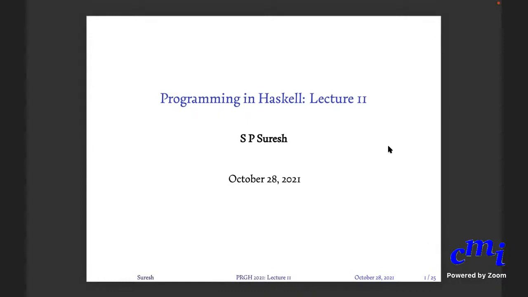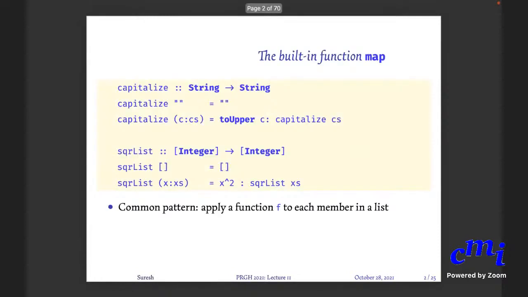Okay, so recall that we are talking about higher order functions, right? These are Haskell functions that take other functions as arguments. This is different from returning a function as a result, because any Haskell function which takes more than one parameter is technically returning a function. Every Haskell function takes one argument and returns a function. But the argument that it takes can itself be a function, and that is what we are looking at.